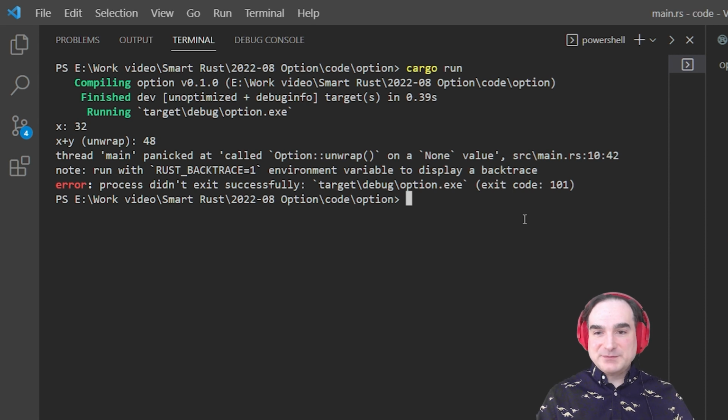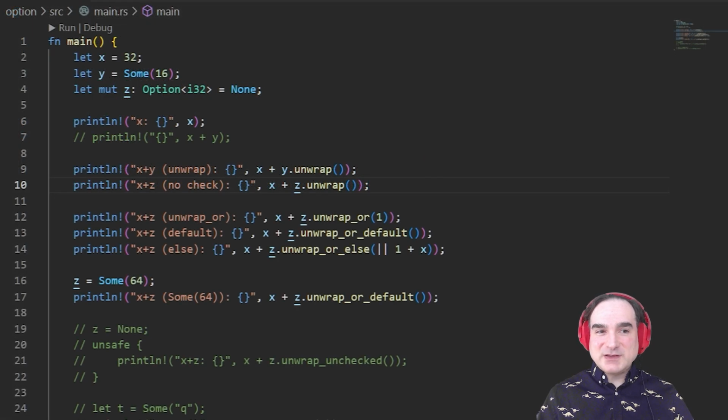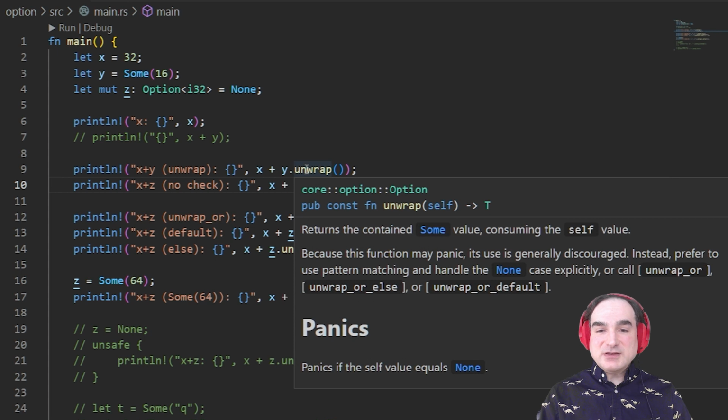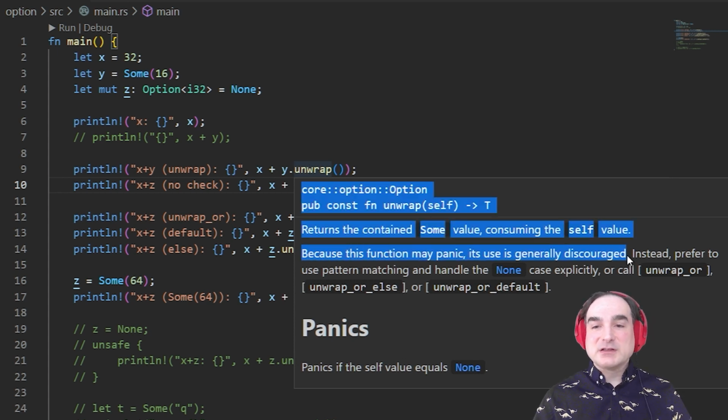The whole thing fails. So the problem is that this is the kind of thing that really should be flagged at compile time, not runtime. This sort of defeats the purpose. Well, if we look at the documentation for unwrap, they don't recommend using it except in circumstances where you know exactly what you're unwrapping. The vast majority of the time, you're going to want to use one of a number of other unwrap methods. And here they are.